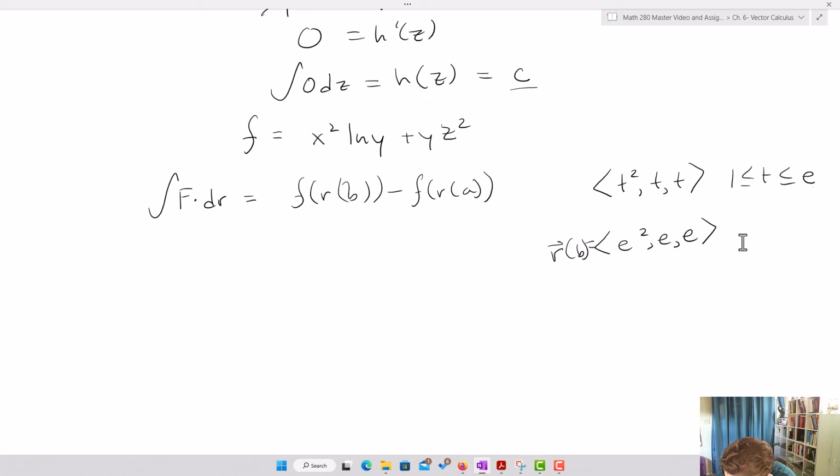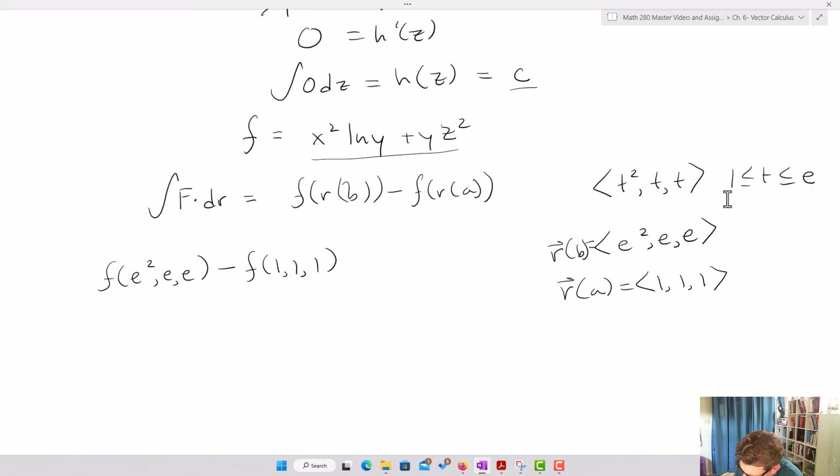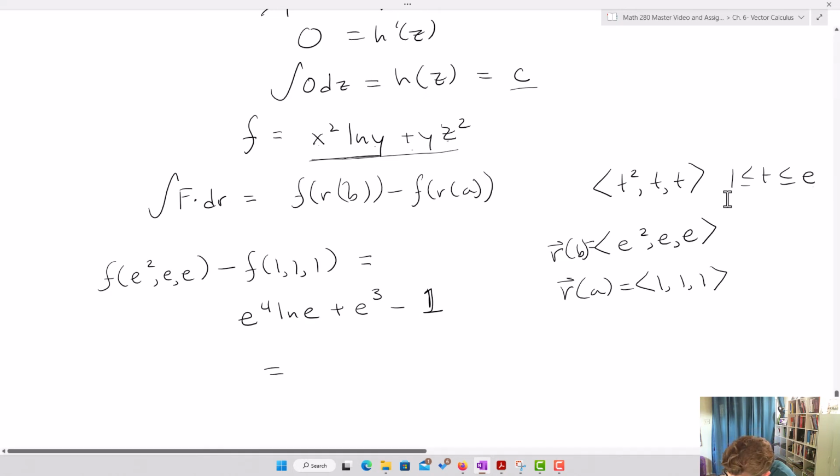And then r of a is going to equal 1, 1, and 1. So now I'll just go in and evaluate. I'll plug in e squared, e. Okay, so f of e squared, e minus f of 1, 1, 1 is going to equal e to the 4th ln e plus e cubed minus, and this is going to zero out, so this is going to be 1 times 0 plus 1, so minus 1,